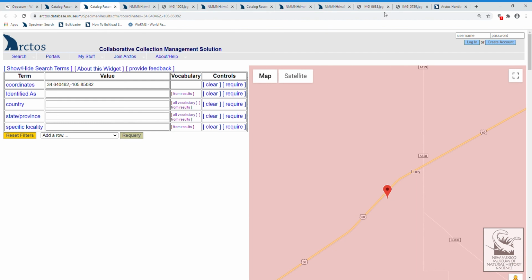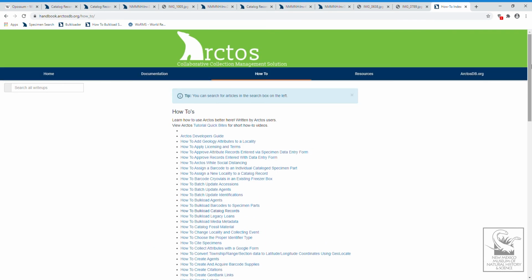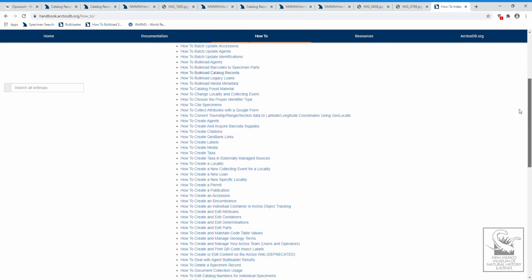So if you want to look for more specific instructions on how to search Arctos, you can go to the Arctos handbook. Just type in Arctos handbook. It's at handbook.arctos.org. Actually, handbook.arctosdb.org. And just go to the how-tos, and it will give you this list of how to do things in